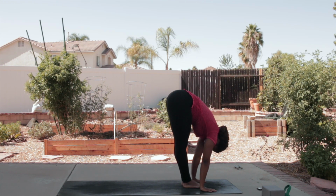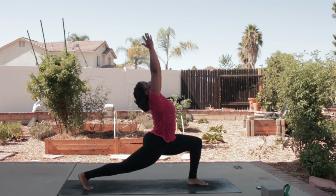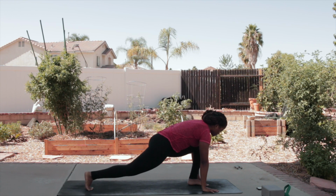Inhale, flat back, and exhale, step your right leg back to a high lunge. And inhale, stretch your arms up and hold for 5 deep breaths in and out. Push your feet into the mat and stretch up towards the sky. And then exhale, we're going to step into our plank